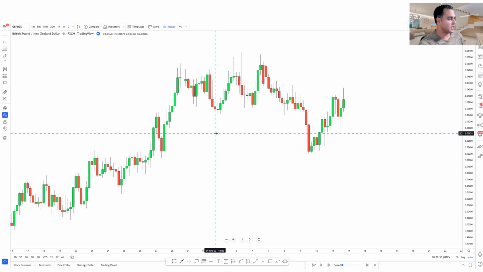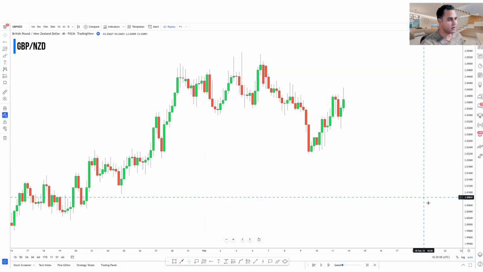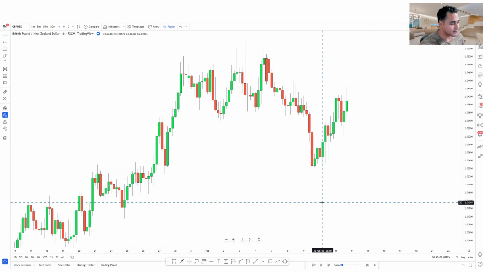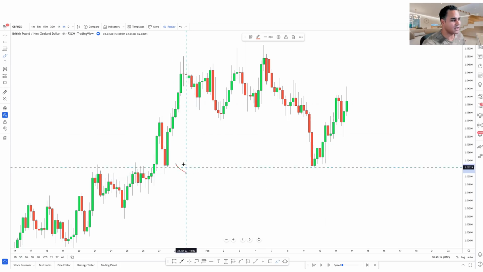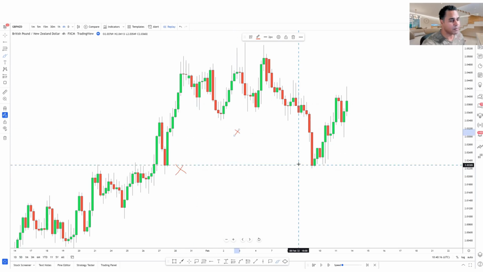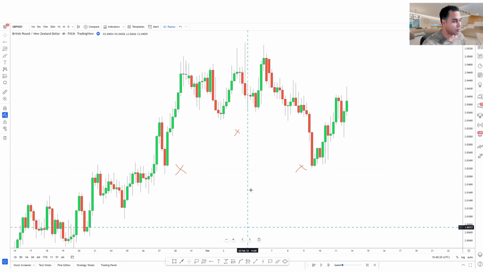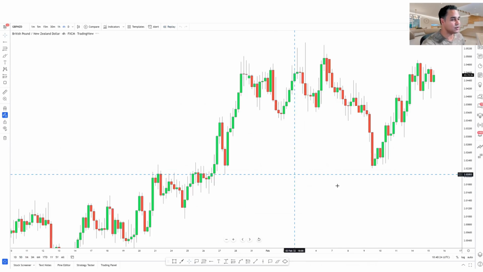So traders, we're here looking at an example on pound New Zealand dollar. We're on the 4H time frame, and we're going to start off here just to talk about a few tips. Now, I know a lot of traders really like to trade with clear trending markets, but that's not always possible. And especially when you're on, like, let's say the 4H time frame, unless you're a swing trader or a trader that holds his trades for long periods of time, it's not really convenient, to say the least, to be having